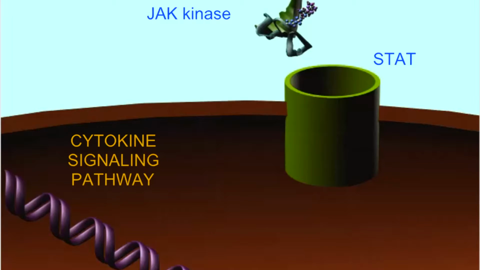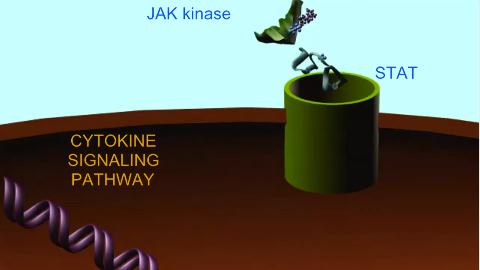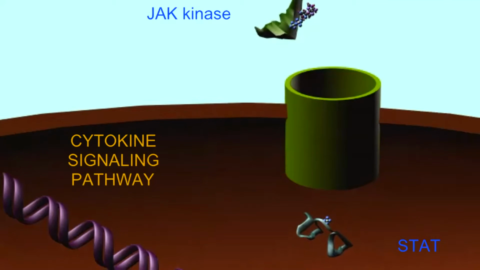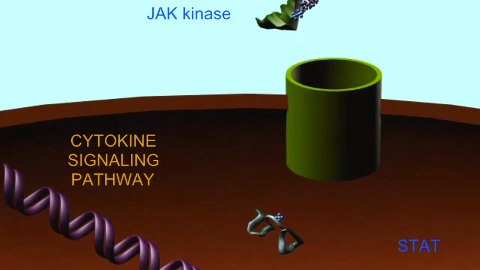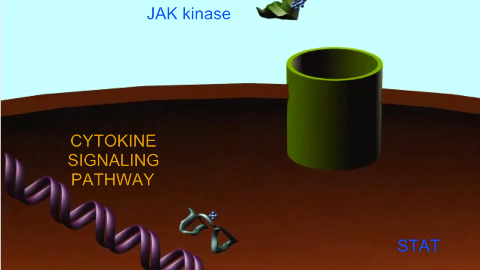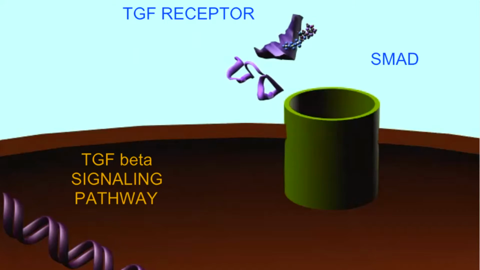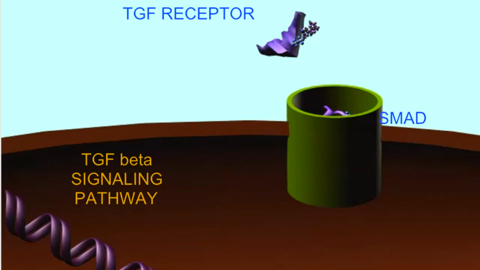So, for example, cytokine receptors can activate JAK kinase, which phosphorylates the effector STAT in the cytoplasm, which can then pass into the nucleus and bind to DNA. The TGF-beta signaling pathway phosphorylates a cytoplasmic target SMAD, which moves to the nucleus, where it can bind DNA as